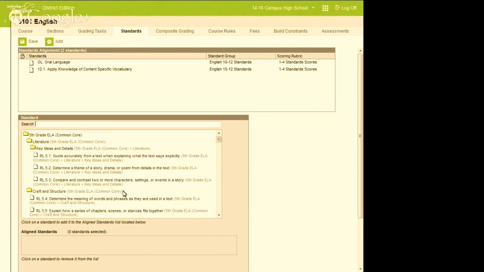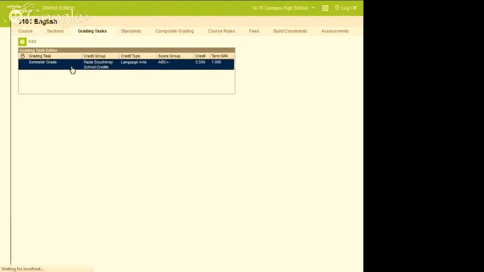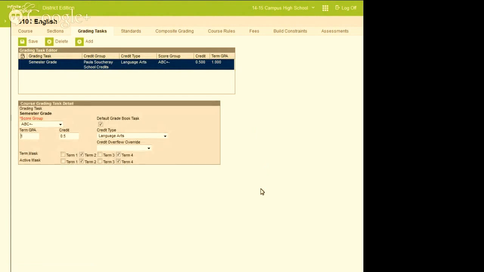So we have the composite grading, we have standards. Our terminology is called grading tasks. So what I mean by a grading task would be, and this is when the GPAs can be calculated off of this. So we're getting in a little deep here. Of course, this would all be trained. But on this English course, we give a half a credit at the end of semester 1 and a half a credit at the end of semester 2. And I would imagine that you guys are using a district-wide scale that you mandate. 85 is a B, 86 is a B plus, things like that. In some districts or some buildings even have multiple scales.